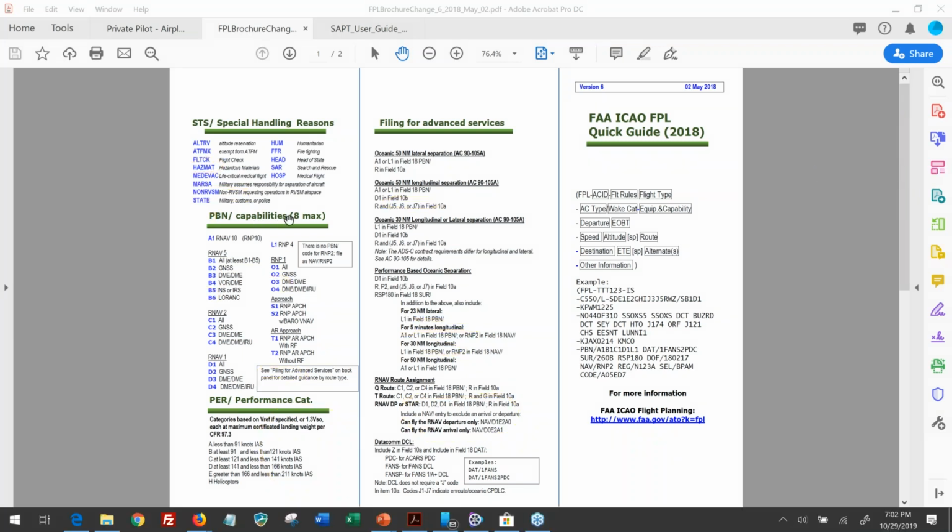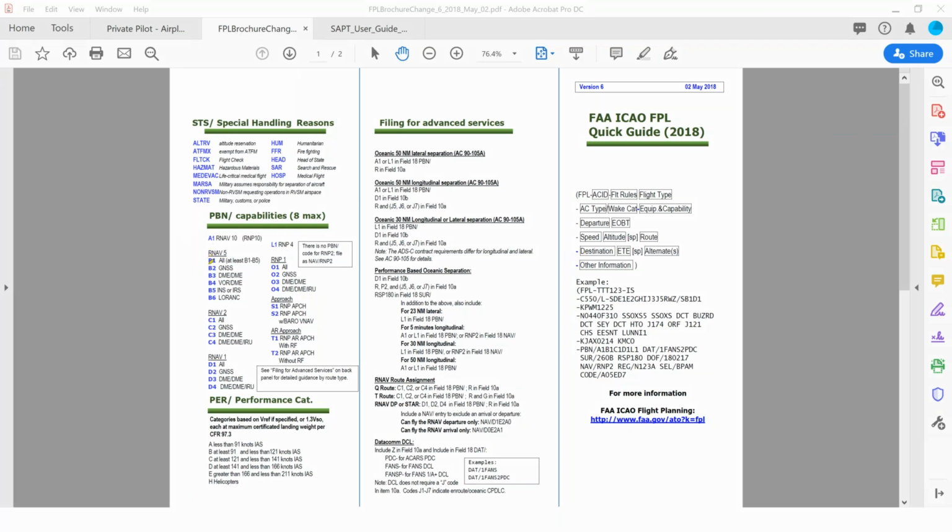All right, so your PBN capability, since we said, hey, we are PBN capable, we have to tell it what types of PBN. So this is just for a standard, let's say you've got a 430 WAAS in your airplane or a new Garmin GTN that's WAAS. You are going to be B2, C2, which is RNAV 2.